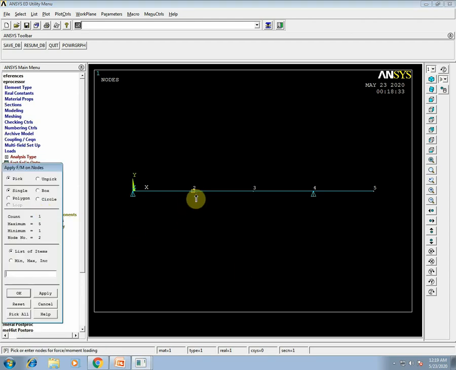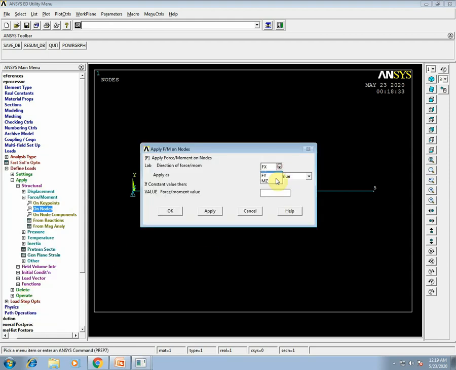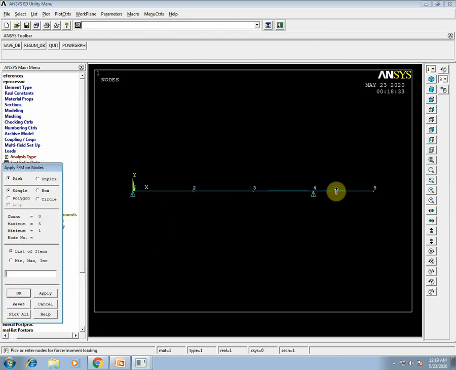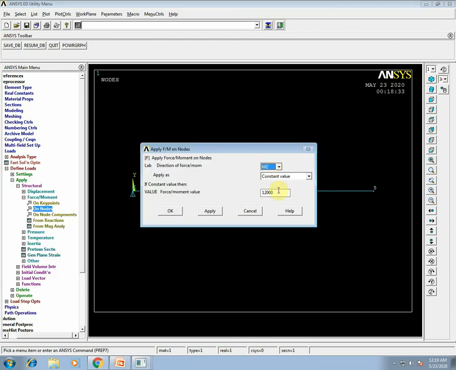The second node, C, has a moment of 12 kilonewton meter in the Z direction. And then nodes 3 and 5, meaning D and E, have a load of 6 kilonewton in the FY direction, downward direction. So I am putting here minus 6000.